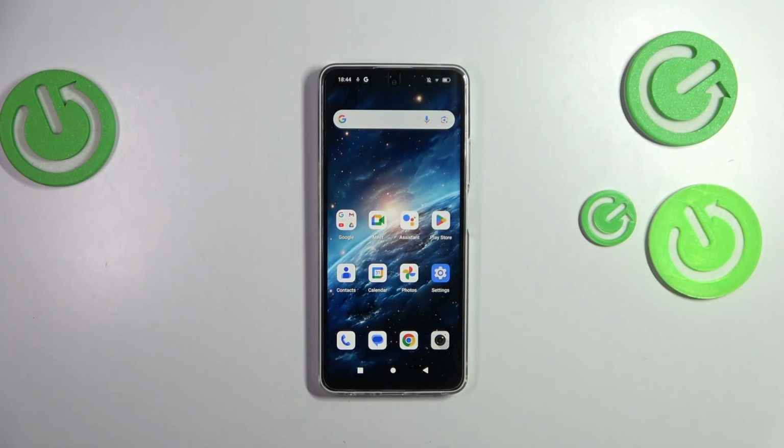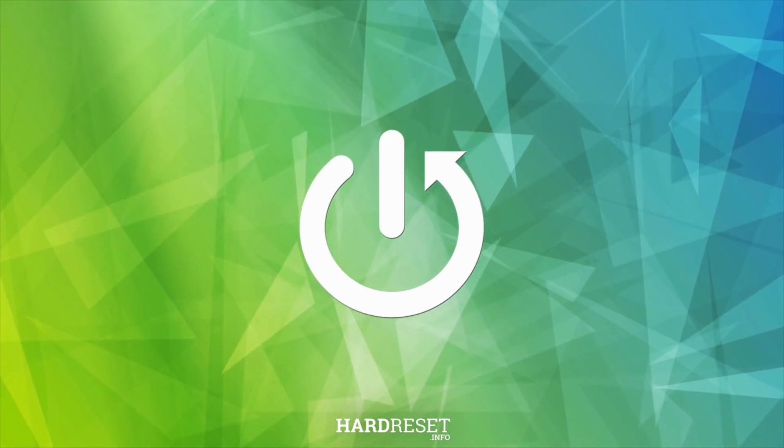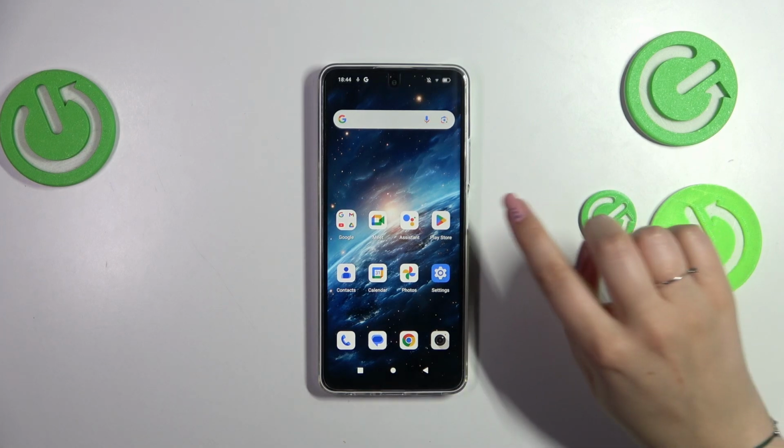Hi everyone, in front of me I've got Freeyond M6 and let me share with you how to update the apps on this device. So let's start with making sure that we've got the internet connection, it is required, and then let's enter the